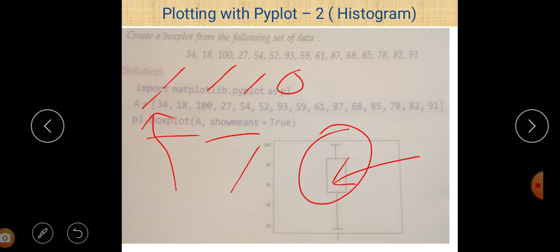So this is not asking a question because we have to represent a simple box plot, but you can give the different parameter. If you want to show the mean, then just use the show mean parameter value, and here we use show mean is equal to true to show the mean of the data set value within a box plot.